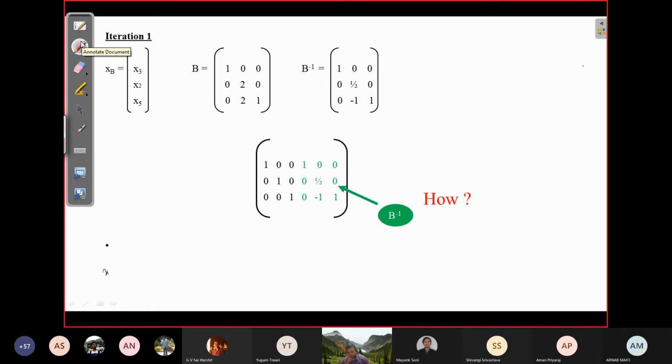So same process. Like this, you can change the base. You can take any combination of three out of these 5 variables, and for each combination of base, you can find the corresponding basic feasible solution. Fine. So first xb is written, and immediately we identify capital B, the part of A I corresponding to these variables, which is written here: 100, 022 and 001. But in order to calculate the value, we need B inverse.